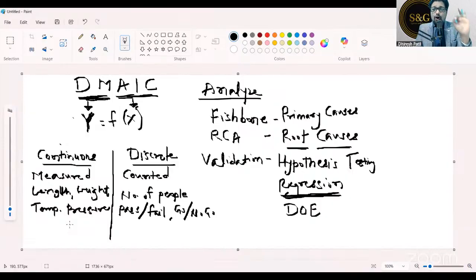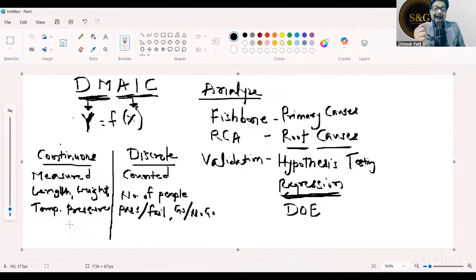Let's say taste of tea. Now, taste of tea, we can actually measure on the scale of 1 to 10. Let's say if I give you a cup of tea and I ask you, how do you rate this cup of tea? On the scale of 1 to 10, maybe you will say 6. Then I'll give it to someone else. That person will say 7. Someone else will say 4. Okay. And then I will take the average of it. That means I have got the reading of the rating. It's again numeric data.